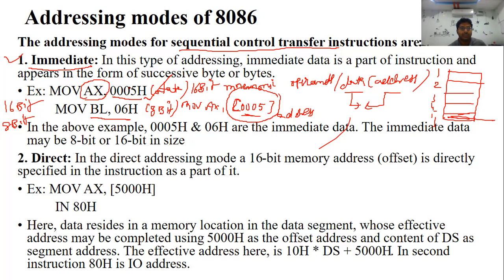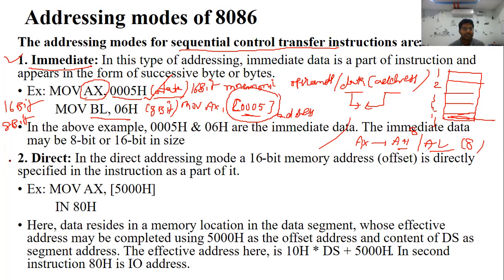So how much data are we going to insert in this instruction? We are using the AX, BX, CX, DX registers, which are 16-bit registers, so that's why we give up to 16-bit data. Whether we are using AL, BL, CL or AH, BH, CH, these are 8-bit registers. You know that the AX register is divided into AH and AL. AH means higher order 8 bits, AL means lower order 8 bits.